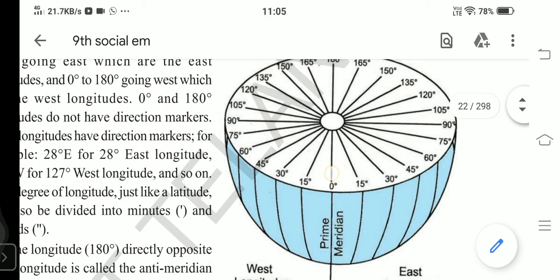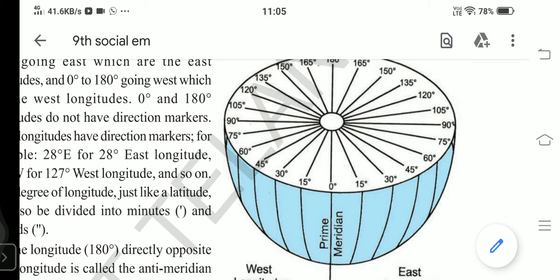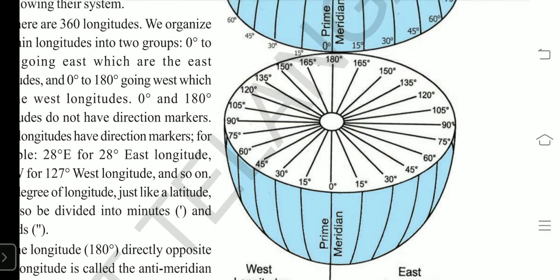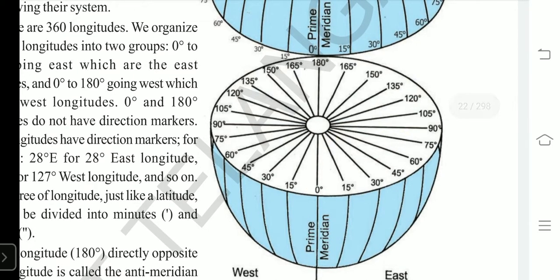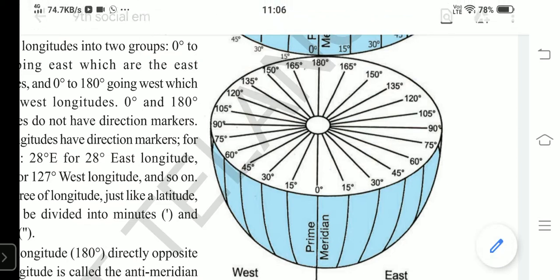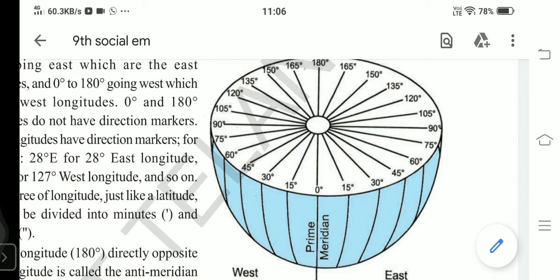Early morning, 4 a.m. That means the sunrise has already started on the east side of India, and on the west side it has not started, because the earth rotates from west to east, right? So the east side will get sunrise first. The sun rises first on the east side. Understand? That is the reason in the northeastern states, the name Arunachal Pradesh is given. It is apt to say that the sun rises first in Arunachal Pradesh. So the name is given to that state as Arunachal Pradesh. Understand? So a 2 hours time difference is there.